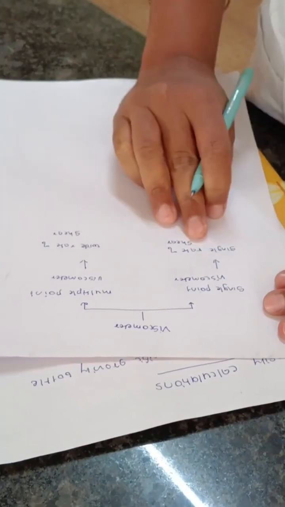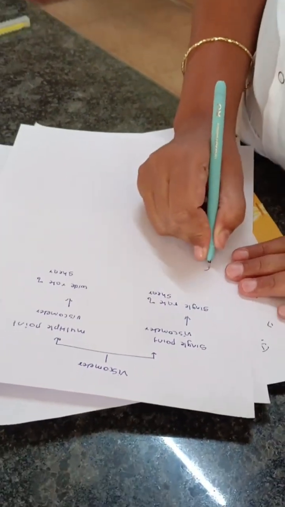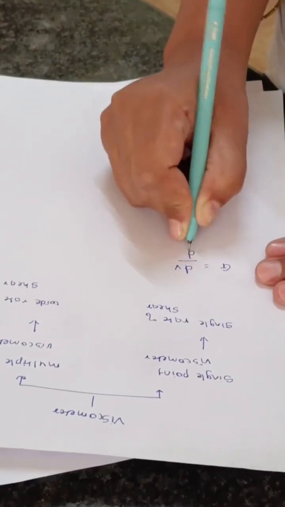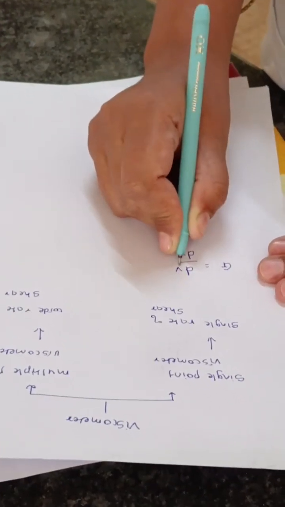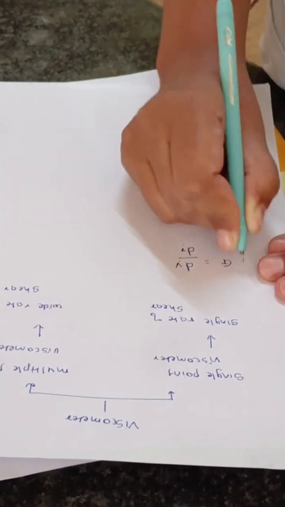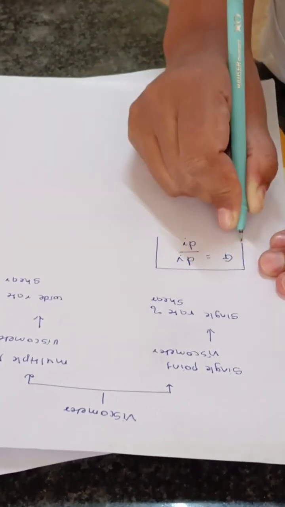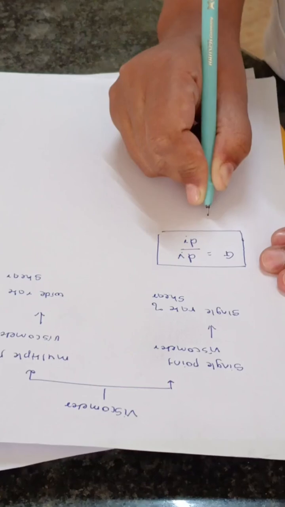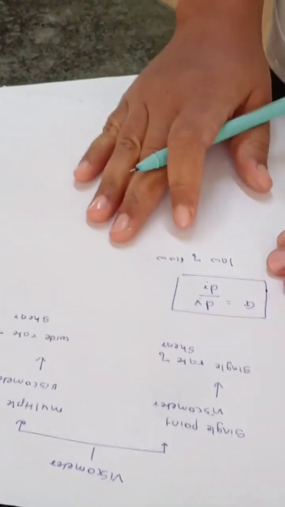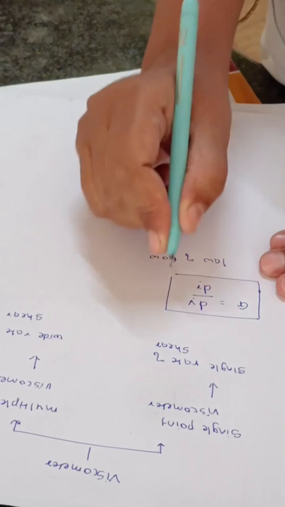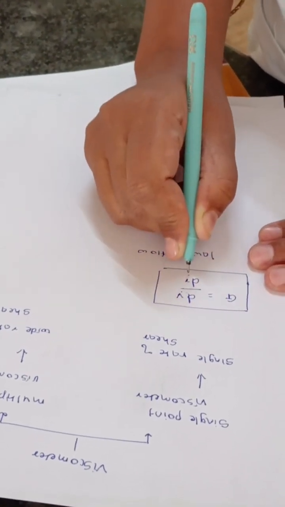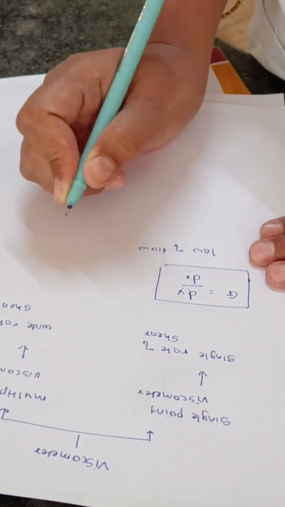Now what is this single rate of shear? Single rate of shear we already have studied. Rate of shear is equal to dV by dr, that is change in velocity with respect to the distance. This rate of shear is explained in the law of flow. Law of flow we already have studied in the unit rheology, that there is change in velocity of the liquid with respect to the distance.